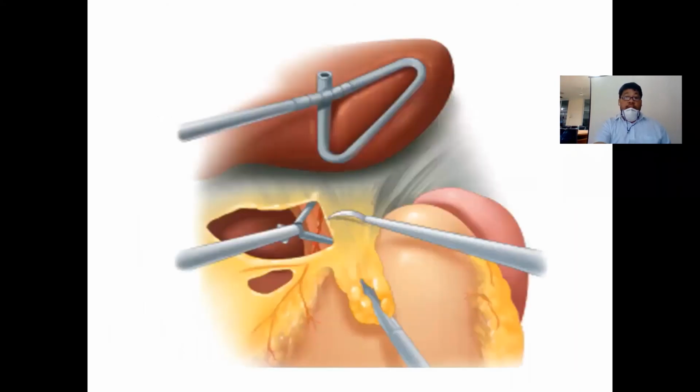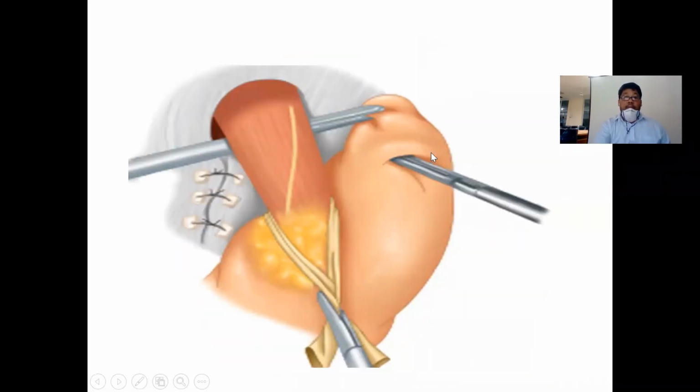So this is the diagram where we can see the dissection of the phrenoesophageal ligament. It is first dissected, and then the lower end of the esophagus is mobilized. Once it is nicely mobilized, we can see the crura. These two crura are opposed, or the crural repair is done, so as to make the crural opening narrower. So this is one mechanism which is to be performed.